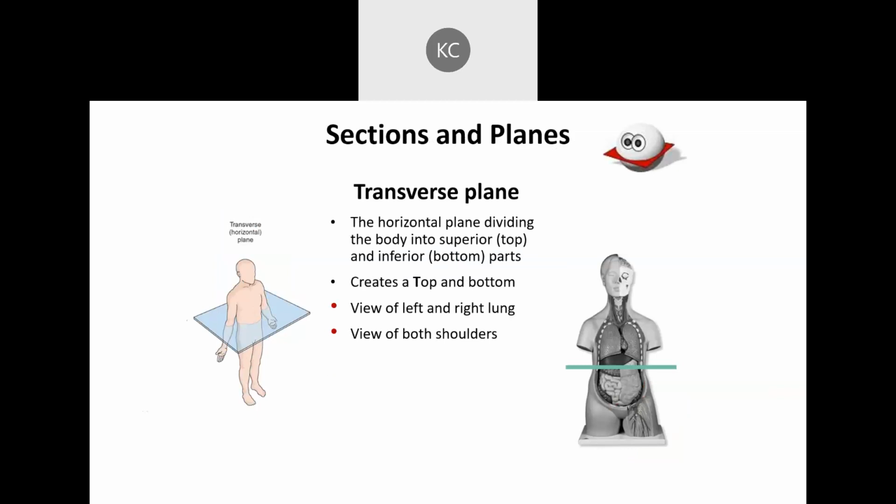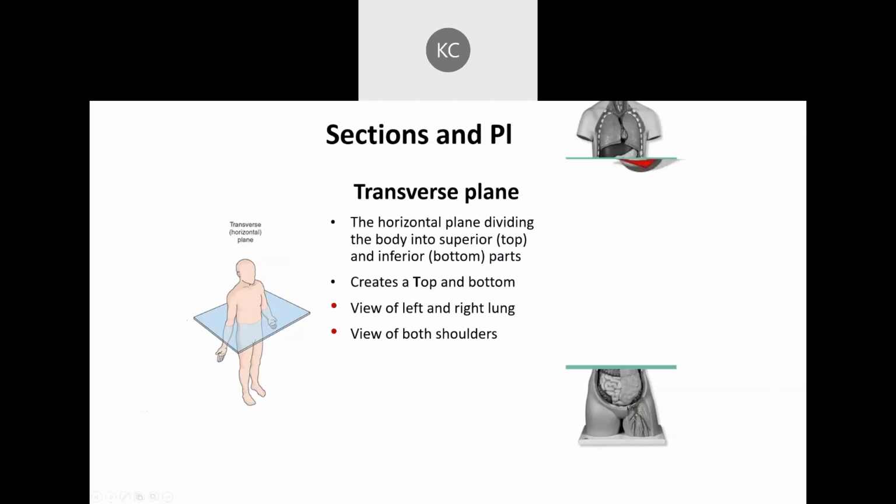Okay, this is generally what we think of as a horizontal plane or like a cross section. Okay, so we can divide the body into a superior and an inferior, right? So think of the term transverse with a T creates a T, it creates a top as well as a bottom. So superior and inferior aspect. So if we cut the body in half like that, now we have the top, which is no longer there, and now we have a bottom as well. Okay. We also have